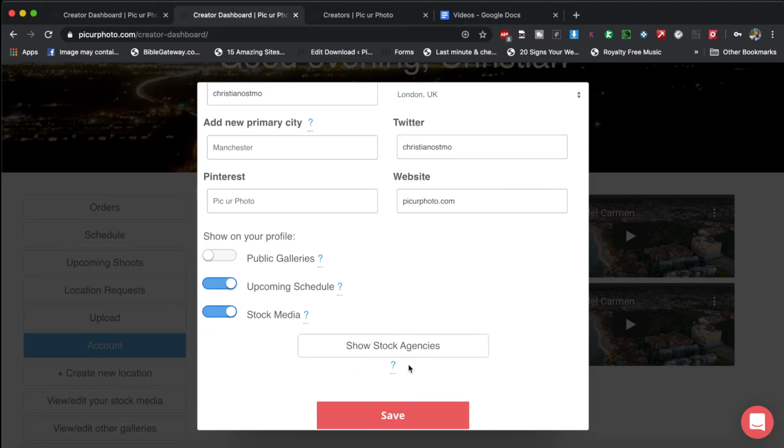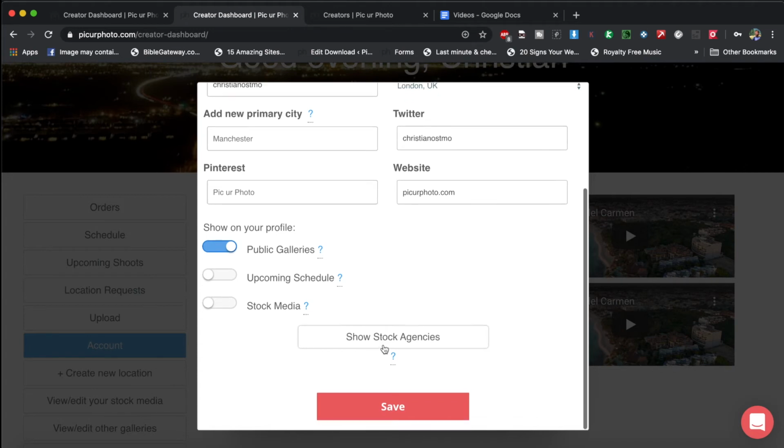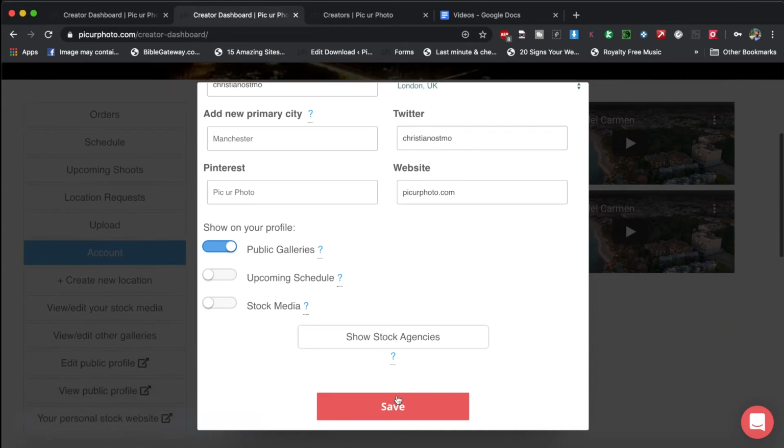So if you're not a photographer and you don't have an upcoming schedule, or if you are a photographer and you don't have an upcoming schedule, but you still want to have a public profile where you can share images and videos or whatever, you can disable any one of these. Public galleries could be just a portfolio of videos as an actor, if that's what you want, and you can send people that, and it looks a little bit more professional than something like StarNow. You press save,